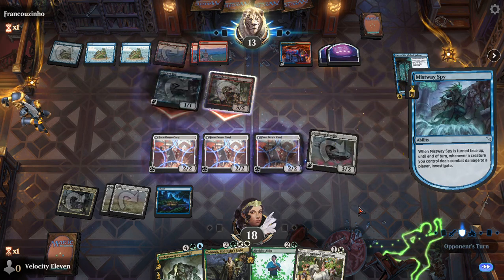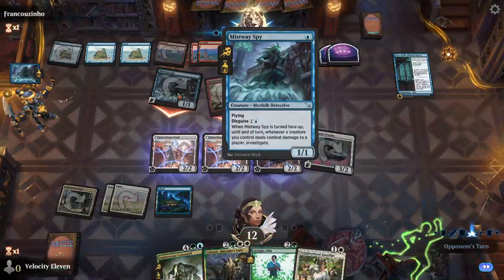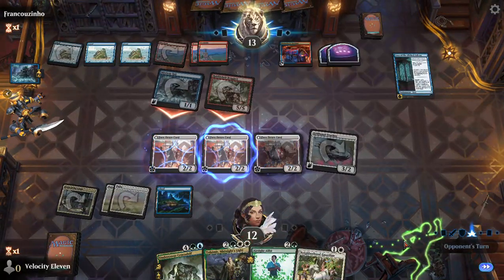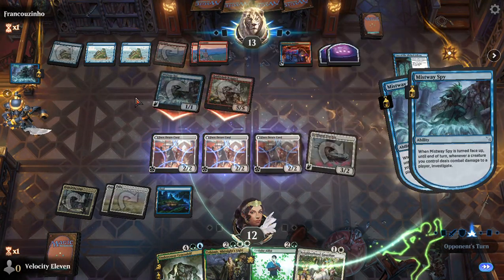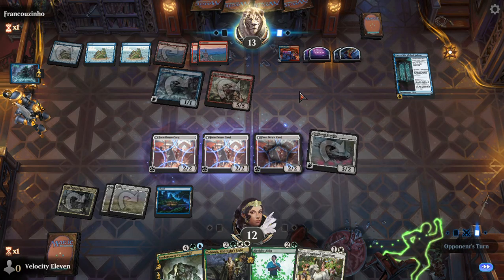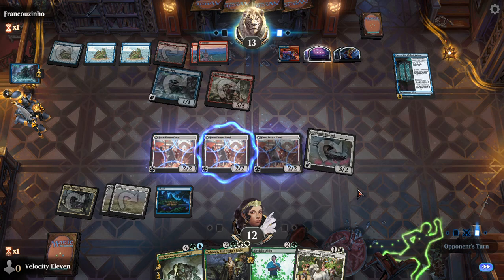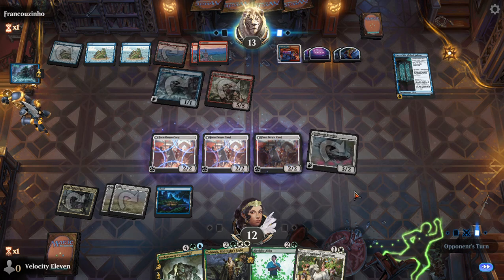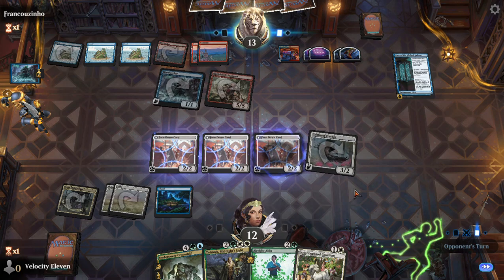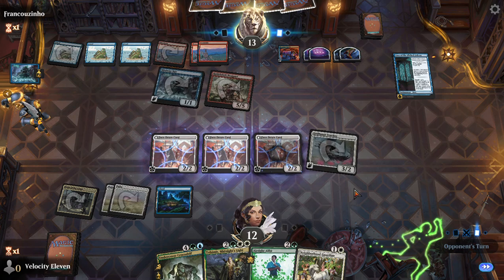Right, no blocks. We'll see what they do. Yep, and they're going to turn it into Mistway Spy until end of turn. Investigating. Right. Yeah, lots of clues for them. Not much going on my side. I mean, there's a few things that I can do. If I get a land...